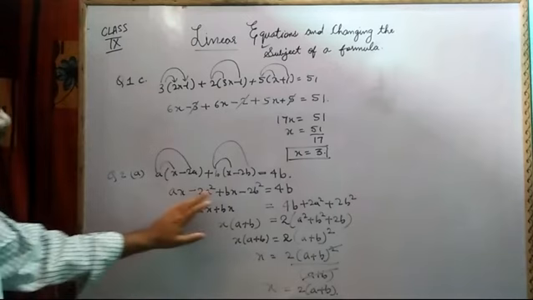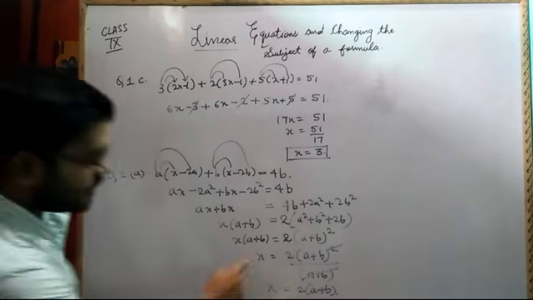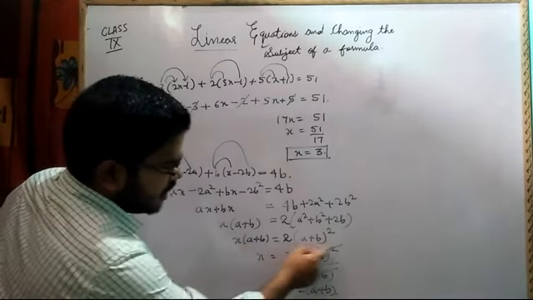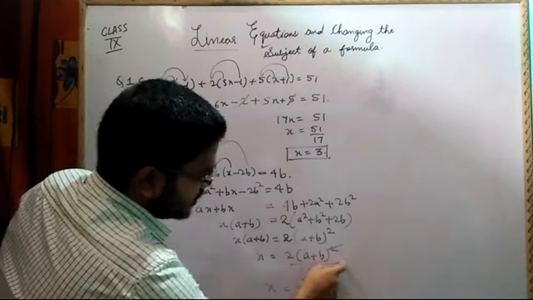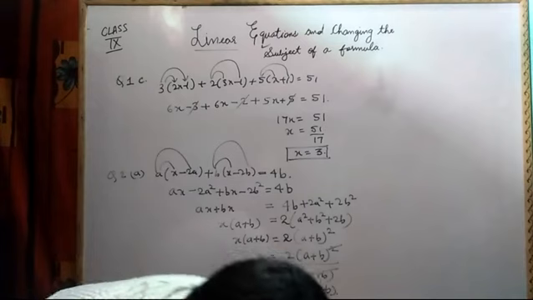Here what we have done? We have done the transposition plus cross multiplications. We have done the cross multiplication here, numerator 1, numerator 1. This side I have sent this side, and then I have done the calculation. Now question number